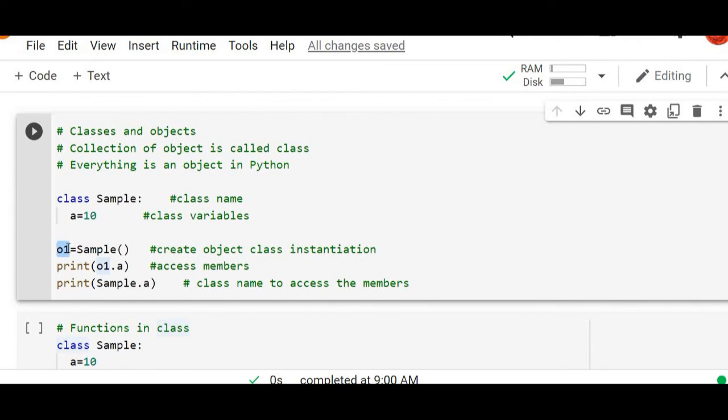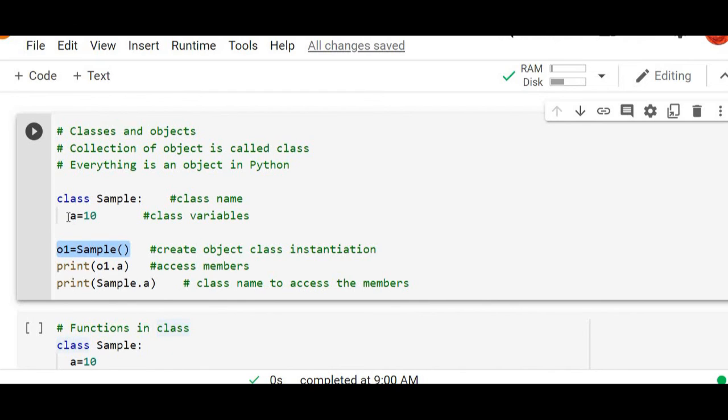The syntax is object name equal to the class name followed by parentheses, and here if we have any arguments we can pass them. In this program we don't have any arguments to be passed, so we are just giving empty parentheses. Now if this statement is executed, the memory for the member variables will be automatically created.